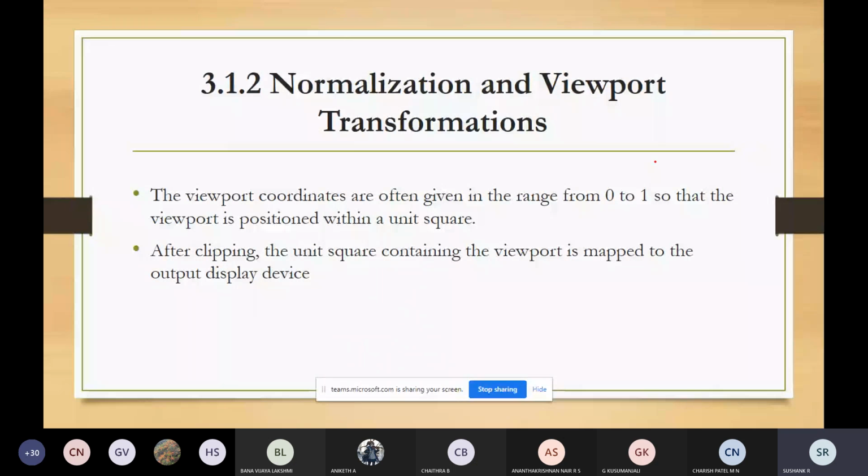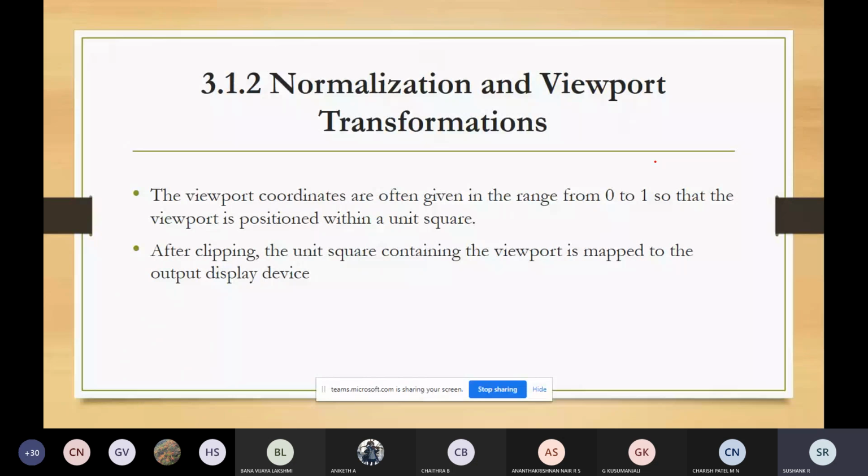Normalization, you have studied in the 2D pipeline also, where you would have seen some five boxes with five steps of transformation. Normalization sometimes ranges from 0 to 1 and sometimes from -1 to 1. So we studied that the normalization value can range from 0 to 1 and -1 to +1.